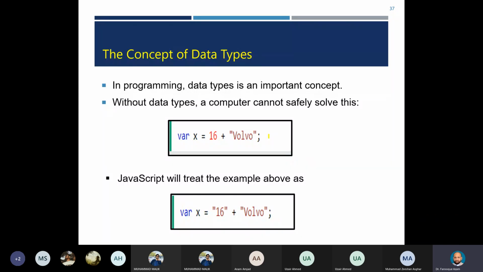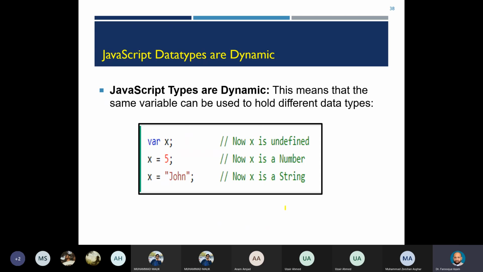जी सर. लेकिन ये अलाउ करेगा, ये ऑटोमेटिकली इन्फर करेगा. और स्ट्रिंग और नंबर को मिलाने की कोशिश करेंगे तो ये नंबर को स्ट्रिंग में कन्वर्ट करके इनको कैंकेटिनेट कर देगा. तो this is going to happen in JavaScript. ओके, अब